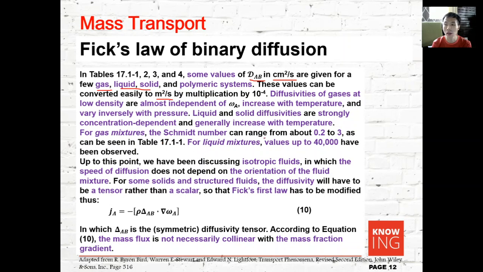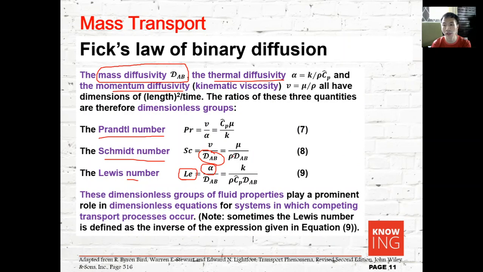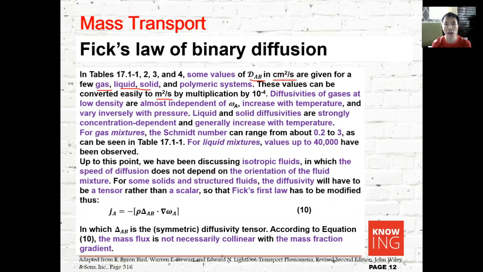For gas mixtures, the Schmidt number can range from about 0.2 to 3, where the Schmidt number is defined as the ratio of your momentum diffusivity with respect to your mass diffusivity. So it gives an idea of the extent of your momentum transport with respect to your mass transport. On the other hand, for liquid mixtures, values up to 40,000 have been observed. So in the gas mixtures, basically, the mass transport is quite dominant relative to the